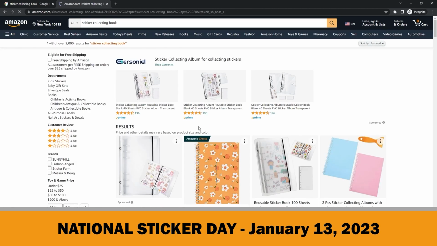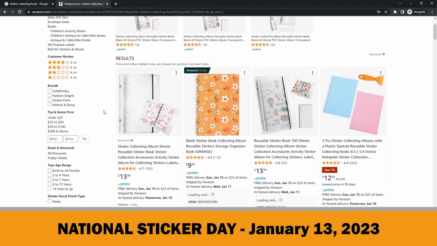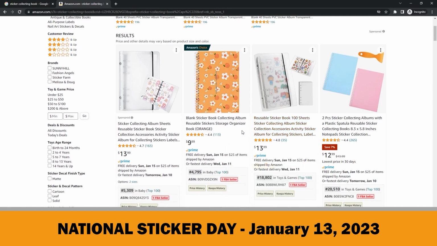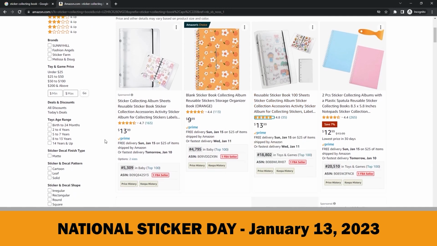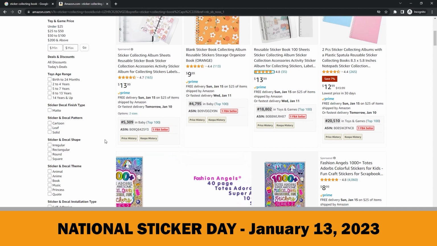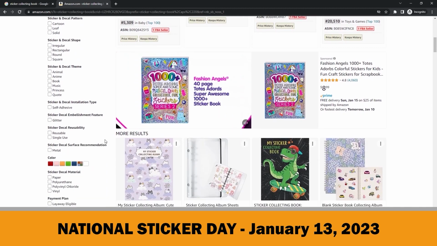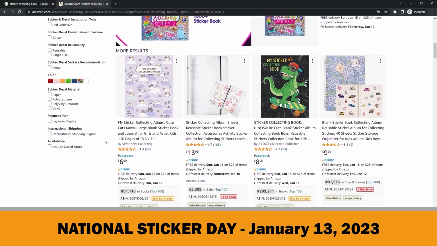I have to warn you that customers prefer reusable sticker books for this purpose. That's why when you check the titles of bestsellers, you see the keyword reusable. Reusable means that the pages are made of silicone-coated release paper that allows stickers to be placed and peeled easily. It is not something that we can offer for the moment with Amazon KDP.